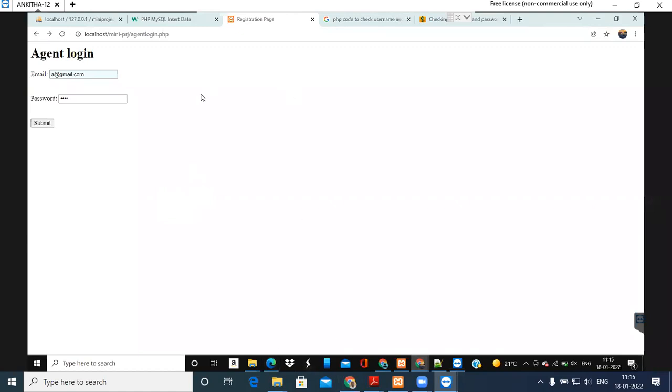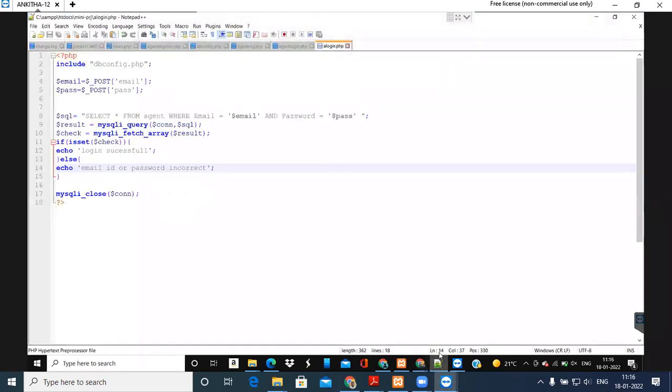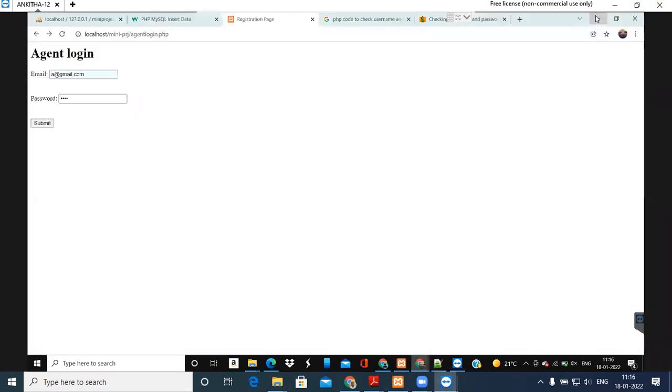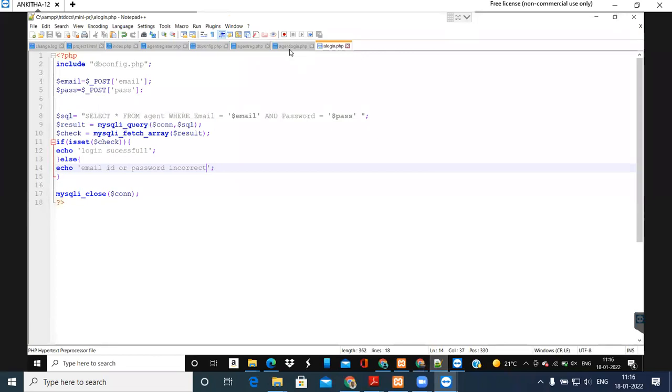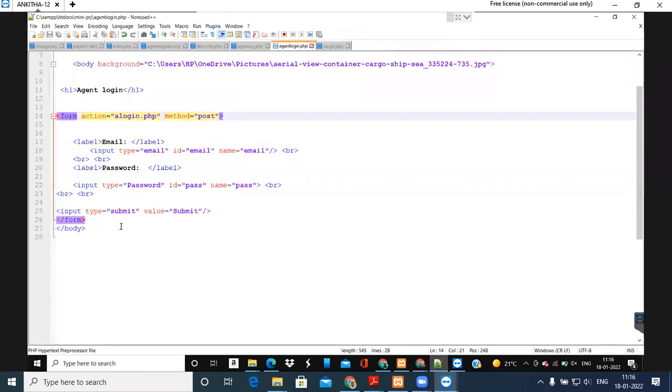The next thing is how to create a login and registration form. I just showed the sample, but how do we integrate them? For integration, if an agent wants to log in, you first display the login page. Below this login form, you add one extra piece of code for the agent login.